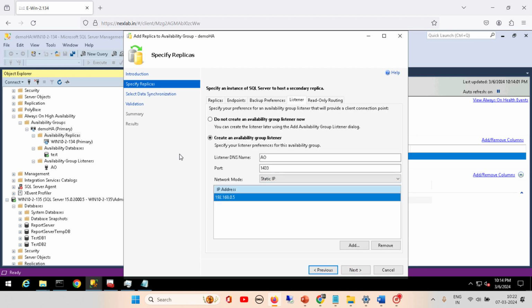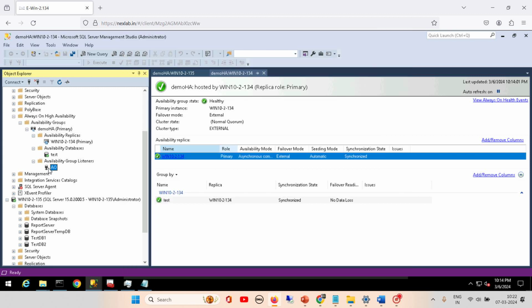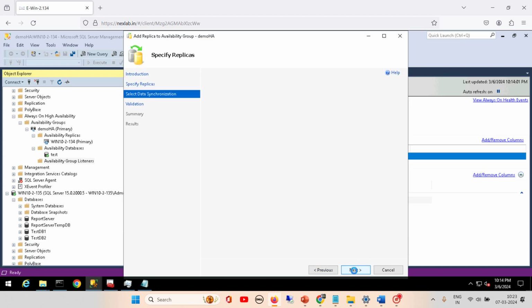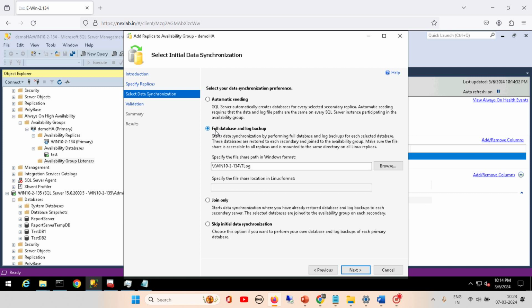yeah, so we can just drop this one, delete this one, not an issue, because it's not in use currently, or not in AD basically, okay, that's it. So we can drop, and then we can create this listener next, then we have to do a full backup, or we can start synchronizing the database, restore log and so on. So let's join from here, the simple one,